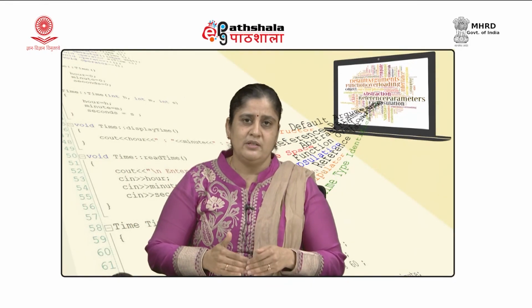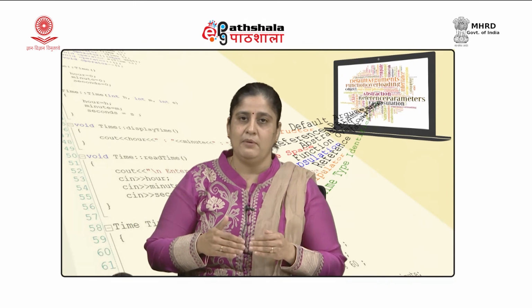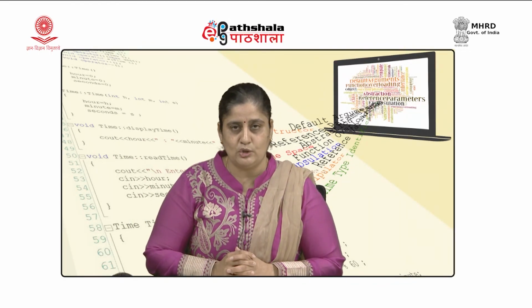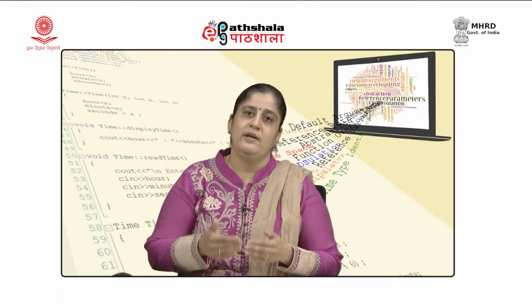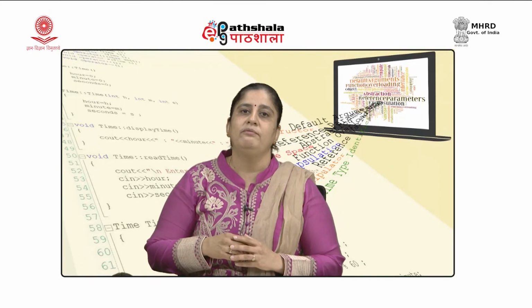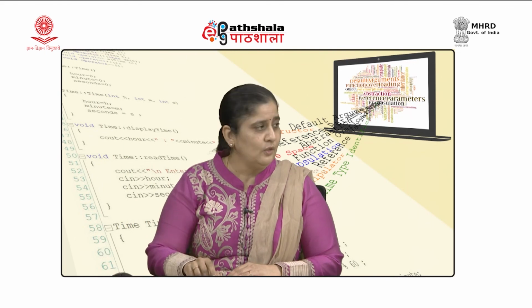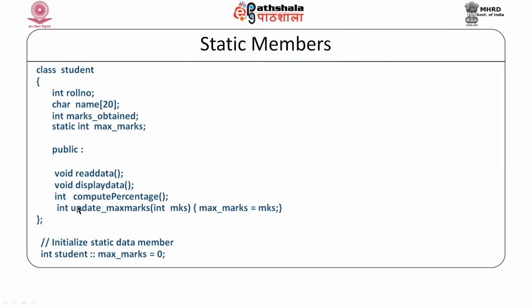To make this task of understanding the scope, lifetime, and the time when this common copy has to be created, we need to define the static member outside the class. That helps the compiler define the scope of the common data member of this class, which is static. So, we have defined max marks as static, and even though I have defined it inside the class, I am defining it outside also, and here it is possible for me to initialize this static data member.